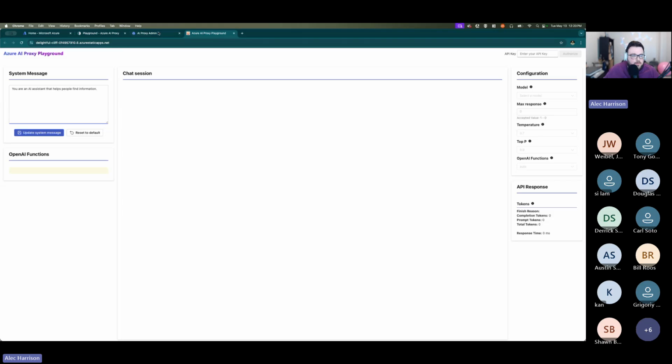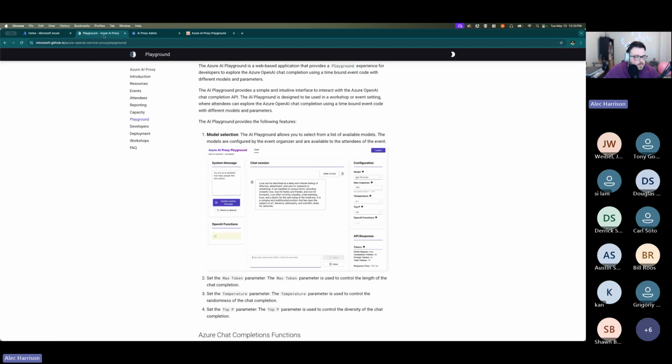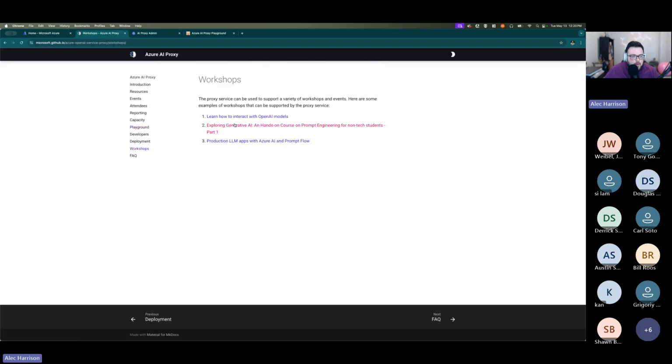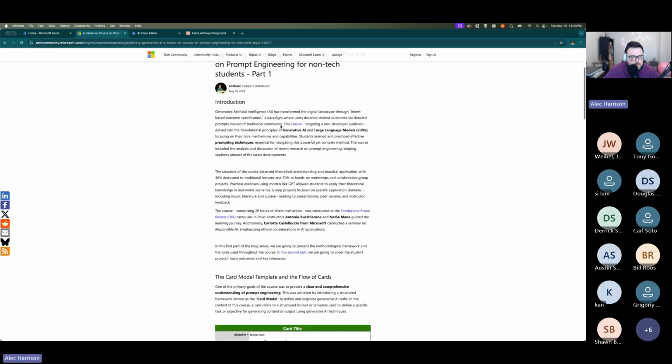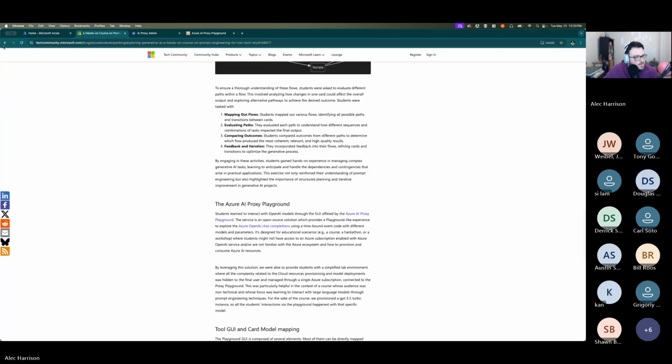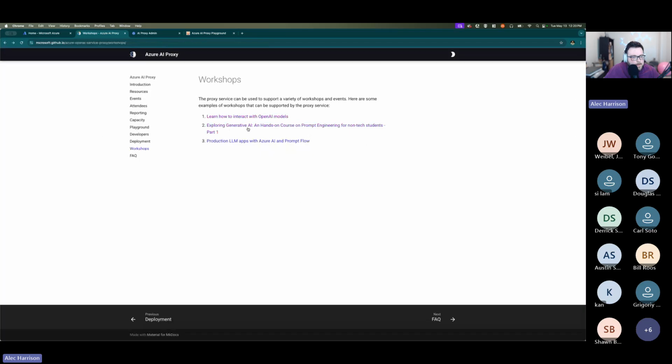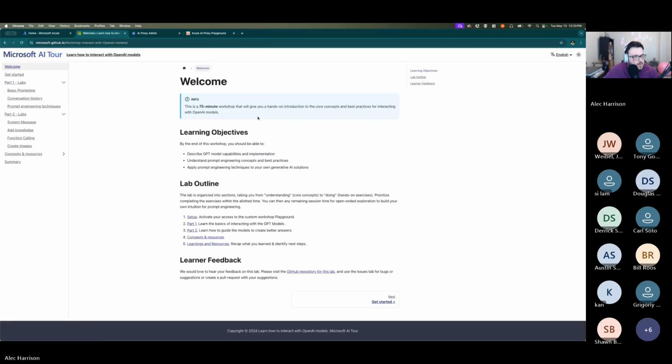This is really fun for when you're trying to teach people prompt engineering. So I think especially non-technical users. This isn't the workshop I was looking for. This one? Yeah. So this used to be the Azure, the OpenAI